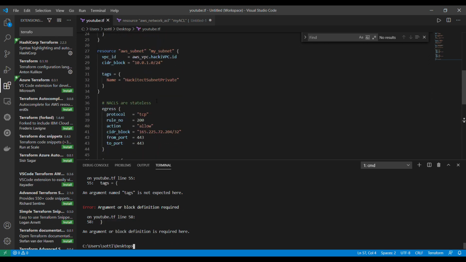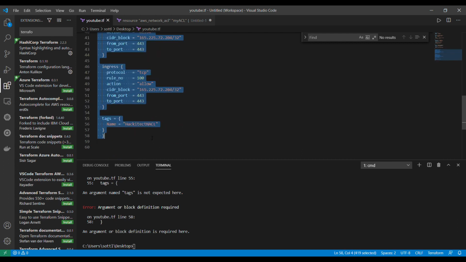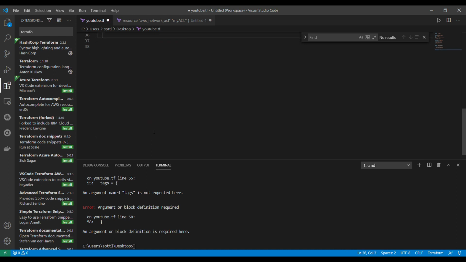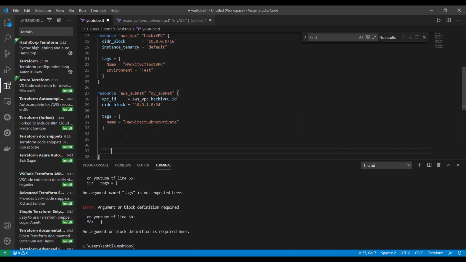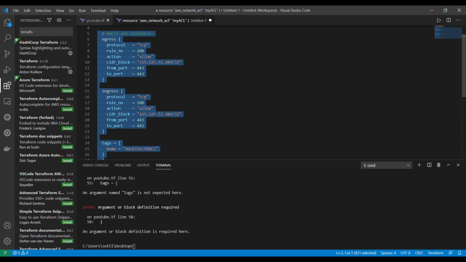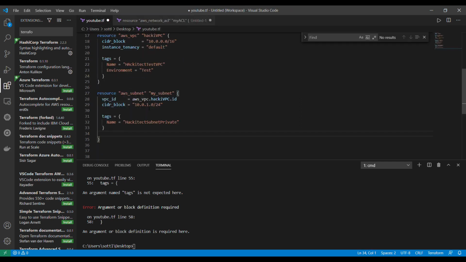So we need to put the NACLs somewhere where it will work, and it will be in subnet as far as I know. Okay, there is a problem with copy paste, so I will copy this part and we'll put it here. Okay.